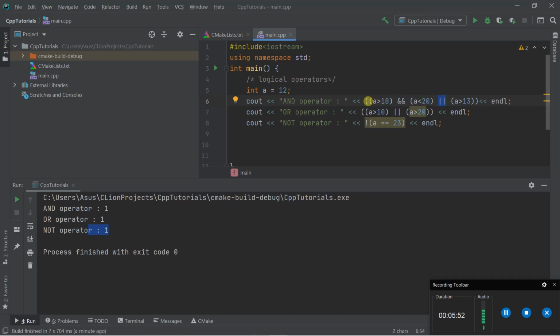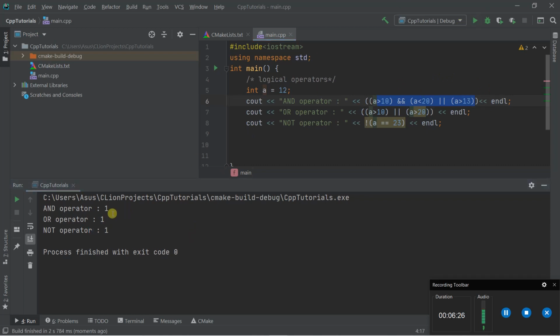So this operation will be performed first. The output of this operation is true because both conditions are true, and after that the OR operator is performed. This condition is true and this condition is false, so the overall value is true. Fine. So let's run the program.